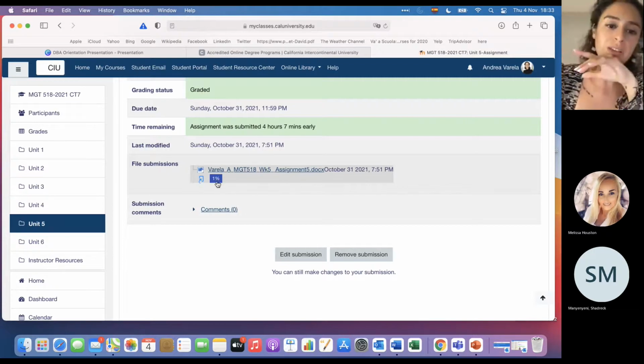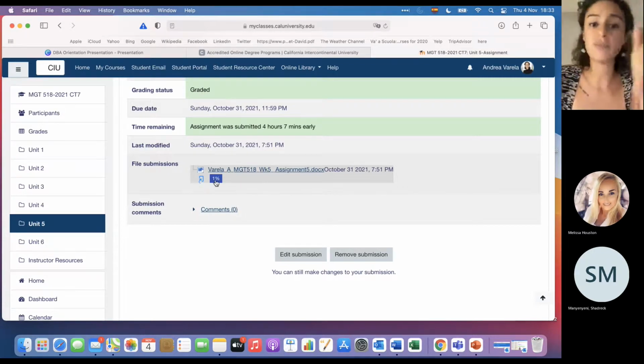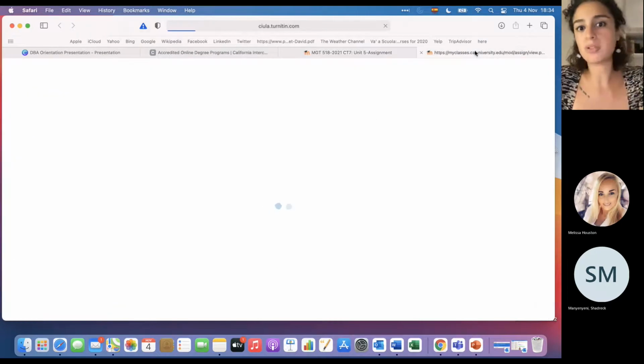And it's very important that you review the Turnitin Sandbox before submitting your actual documents, because obviously, as I mentioned, if you get a high percentage of plagiarism, you might be flagged, or you might be called that by the instructor. When you click on the percentage, the great thing about the Turnitin Sandbox is that it actually provides